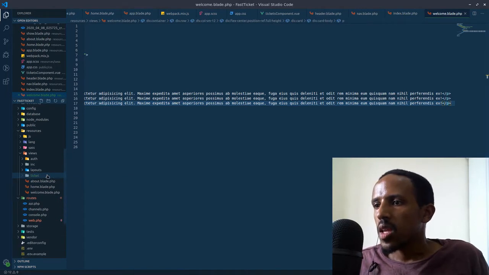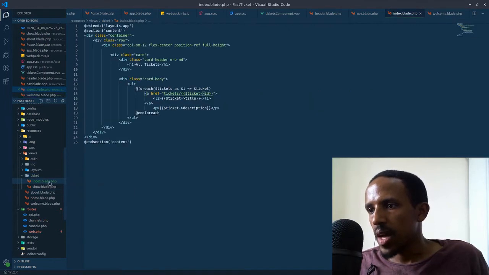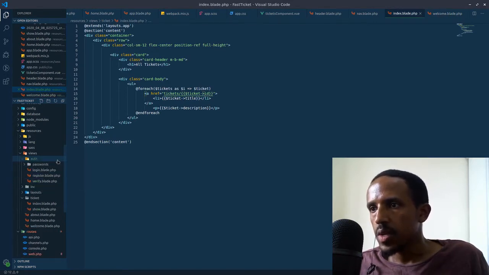Another important thing I did that I didn't discuss earlier is I grouped the ticket views. I renamed them and grouped them in this folder called tickets. So that's a very good practice that you can take from Laravel already modules. The module of authentication is now grouped in the auth folder here. It has login, register, and verify views here. Just like that, the ticket folder will have my